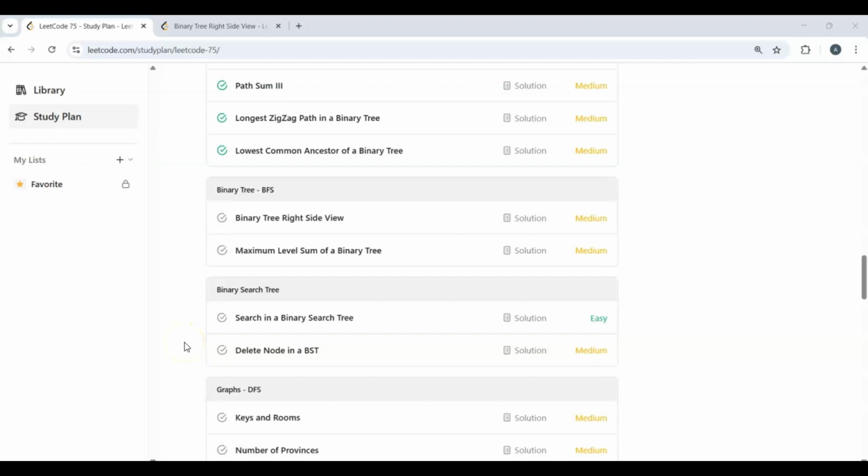Today is day 40 of solving the LeetCode 75 challenge, and today's problem is binary tree right side view, which is from the binary tree BFS section. So we are going to solve this problem in both BFS and DFS approaches along with its time and space